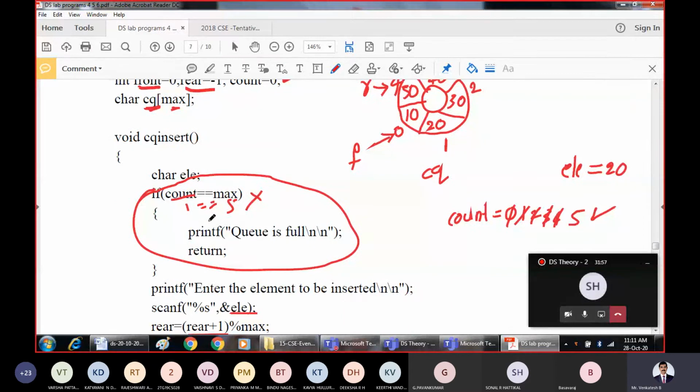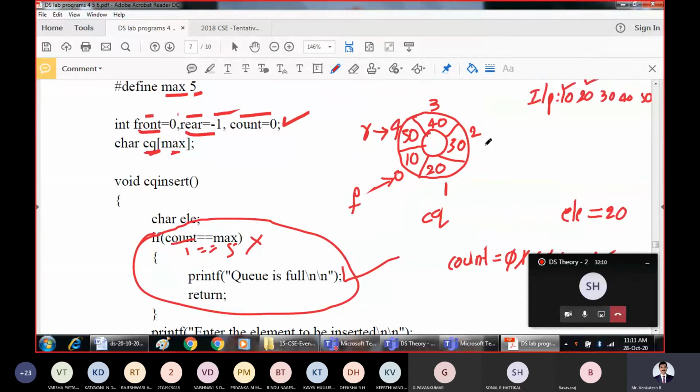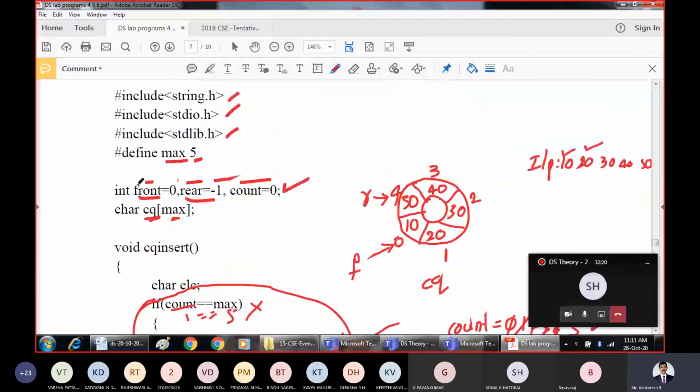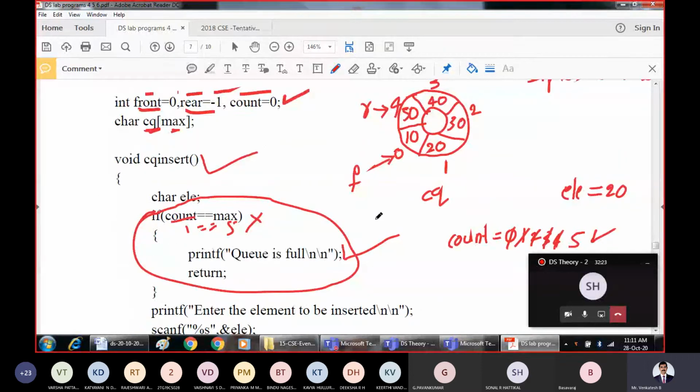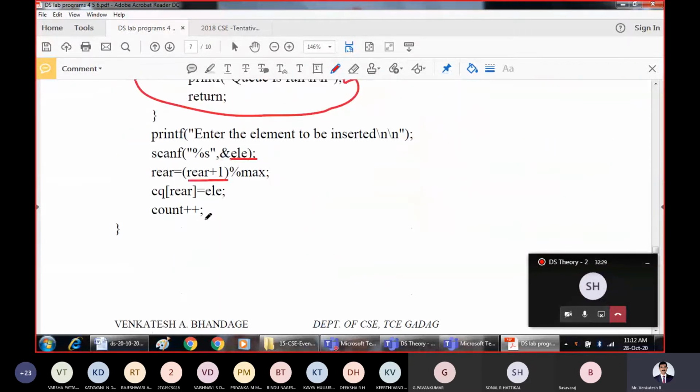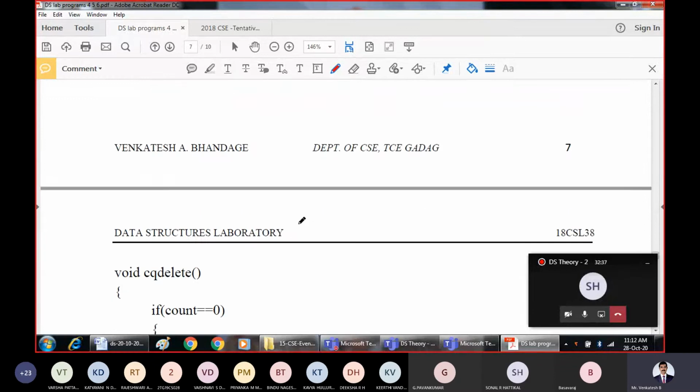Now whenever you want to insert one more element, say for the 6th element, if you want to insert 60, we'll compare whether the count is equal to max. Yes, in this case it is right. Then we give a message saying that circular queue is full and we cannot insert some more elements, because when the space is full, we are not supposed to insert some more elements. So we have tested one function successfully, inserting an element into the circular queue whenever there is space. If there is no space, we will say that circular queue has no space for more elements.